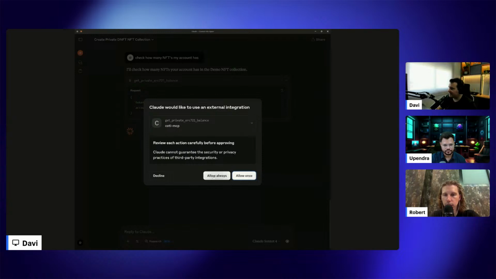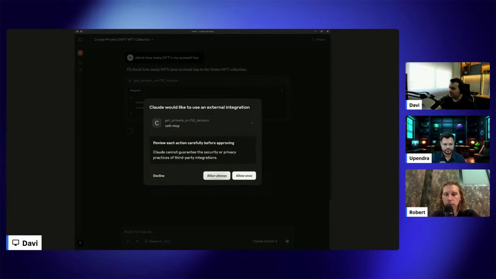Why is this the first time I'm seeing that? Because I was using the COTI MCP before, and I already selected allow always, and that's the reason why the other times that I created ERC20 tokens, I couldn't see this prompt, but now it's asking to approve.